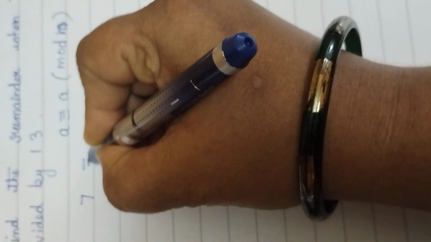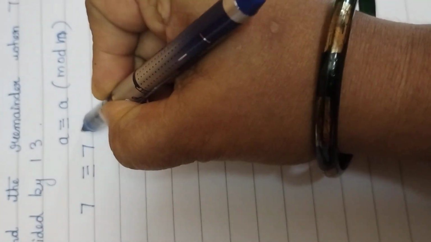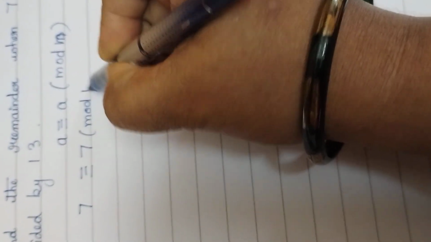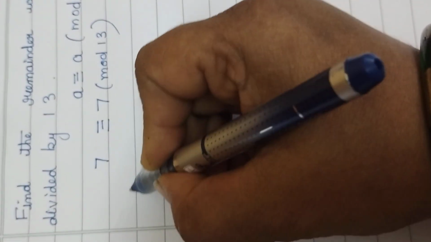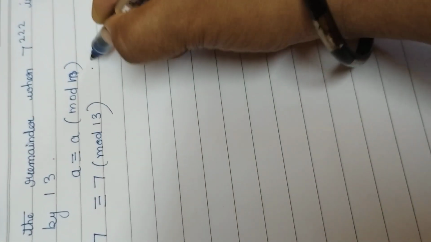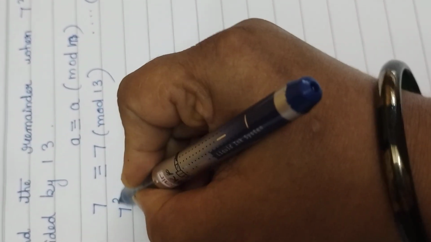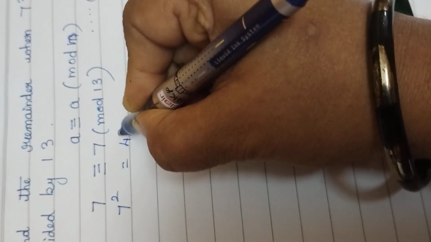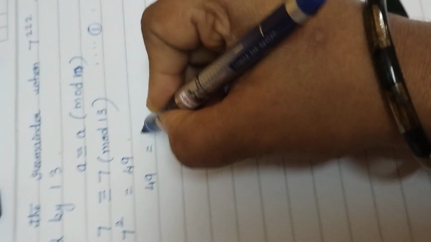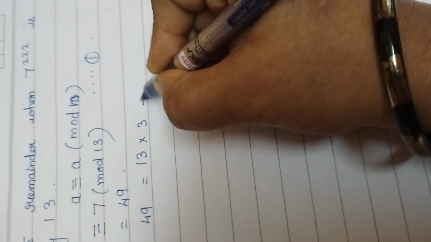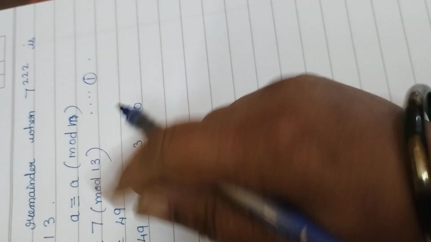So, for any number, 7 is going to be congruent to 7 modulo 13. So, for the second step, this being the first equation, for the second equation, it is going to be 7 square, which is equal to 49. So, 49 can be written as 13 into 3 plus 10. See here,